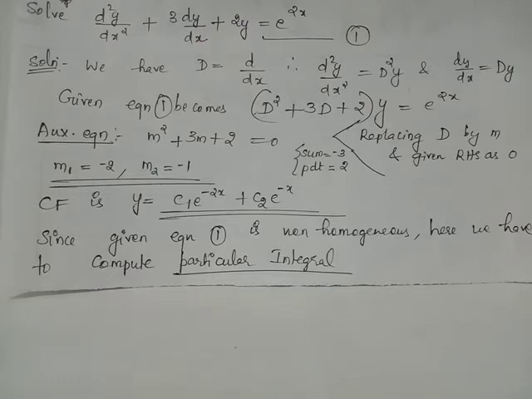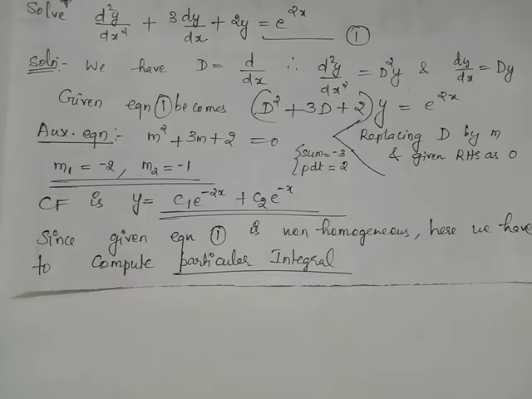When we make use of the differential operator capital D, which equals d by dx, we can rewrite d square y by dx square using capital D square acting on y. We can replace the second term dy by dx using capital D acting on y. Thus, equation 1 can be rewritten as capital D square plus 3 times capital D plus 2 acting on common input y equals e raised to 2x.